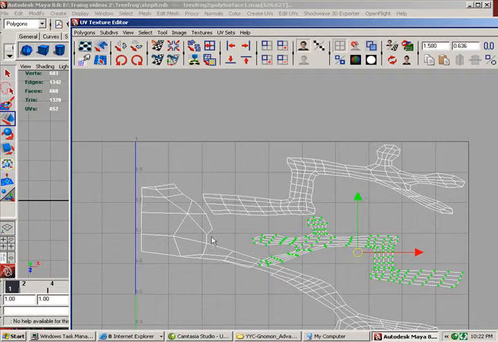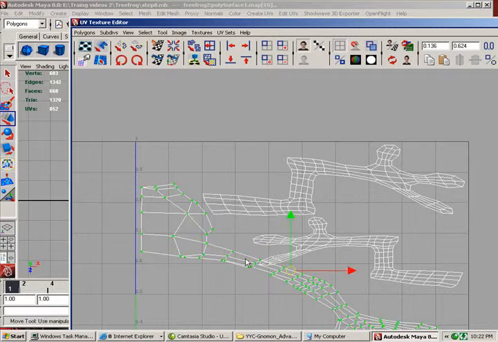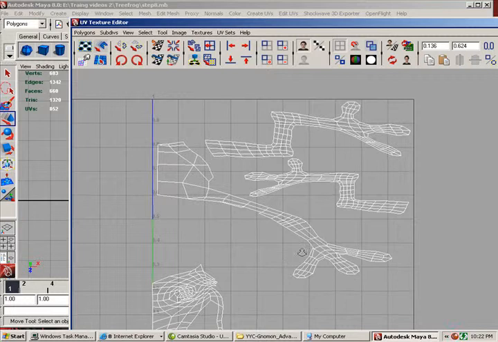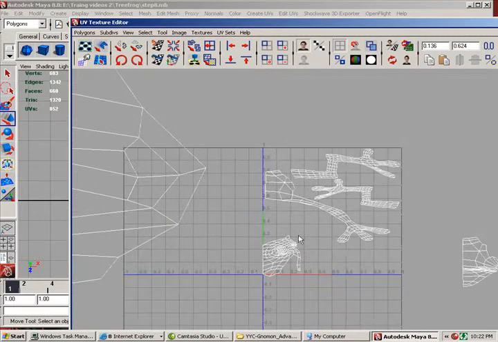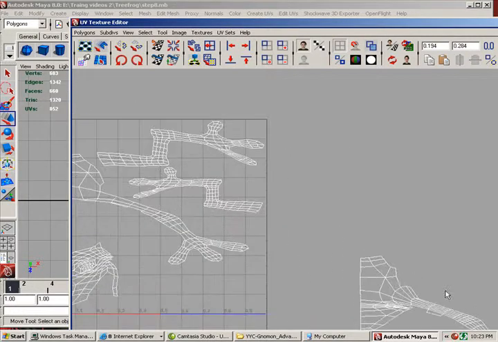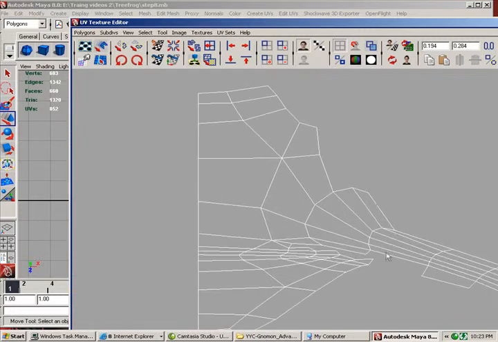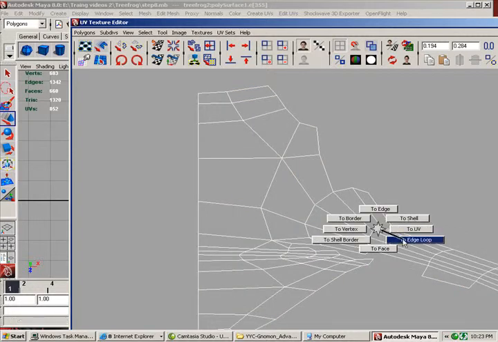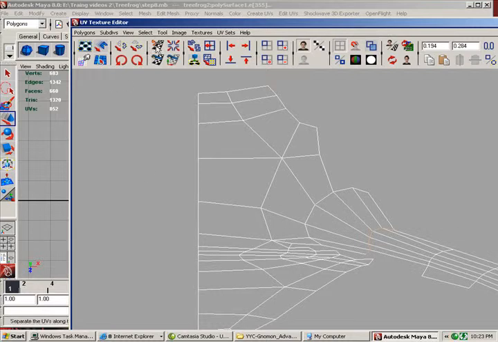I'm going to put that one there, to shell on this one, move this. UVs, or to edge, to shell, to edge loop, cut,